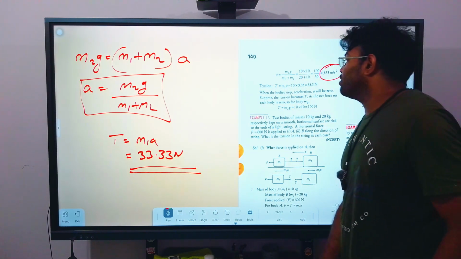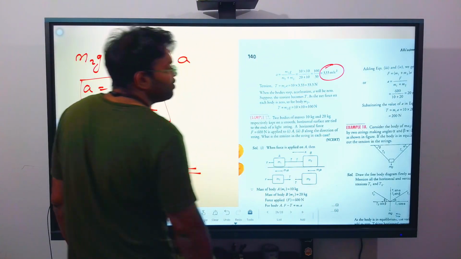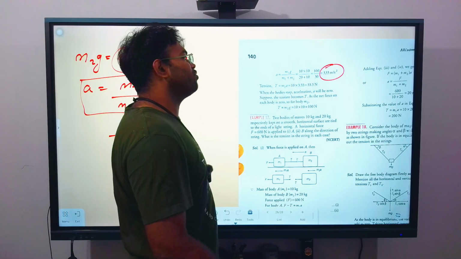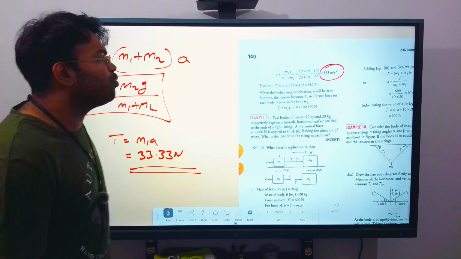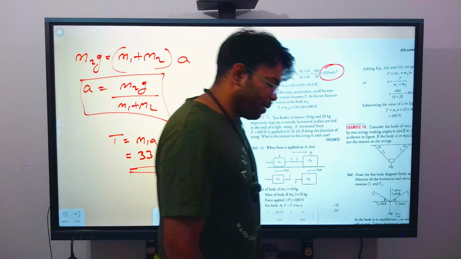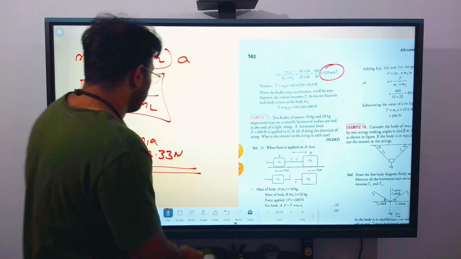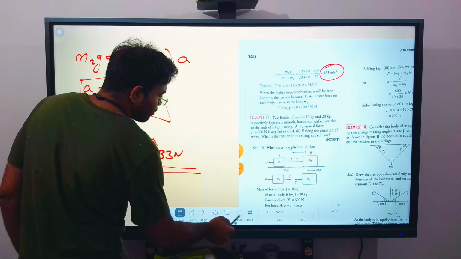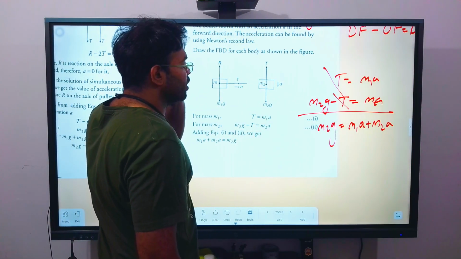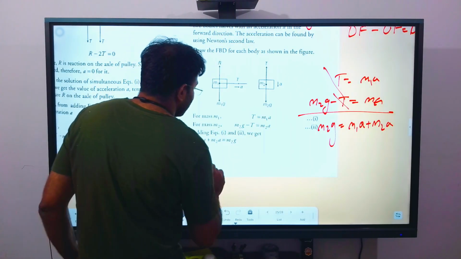Next, when the bodies stop accelerating, A will be 0. Suppose the tension T is the net force on each body, which is 0. So for the body M2, T is equal to M2G. See, when it is stopping, look at this diagram. When the body is stopping its motion, then